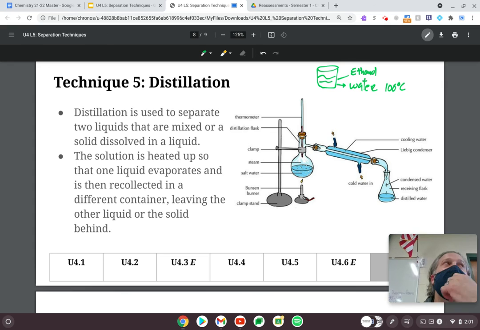And I'm pretty sure ethanol's boiling point is in the 60-ish range. So I'm going to put 65 degrees Celsius-ish. I'm probably wrong because I didn't look it up and I didn't prepare, but I think it's pretty close. But in any case,